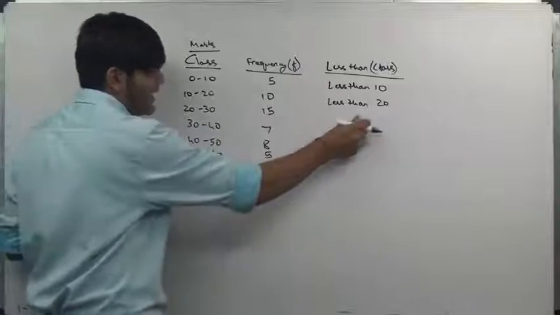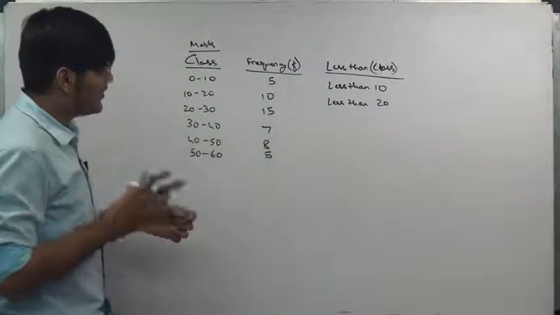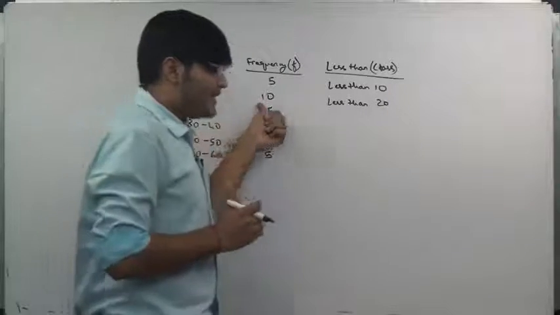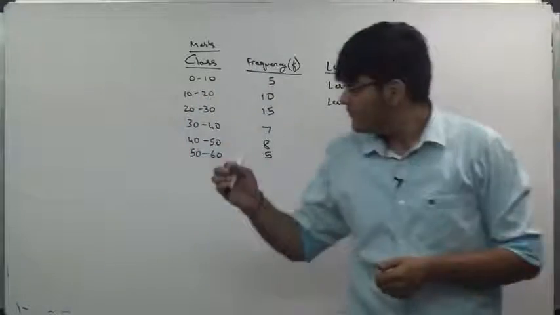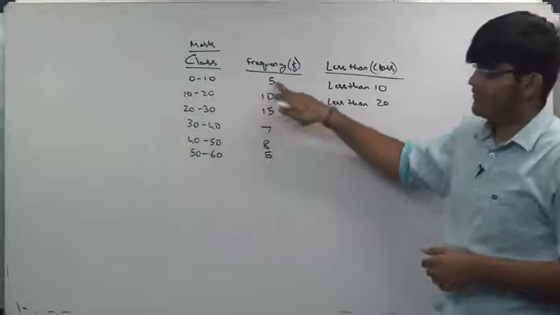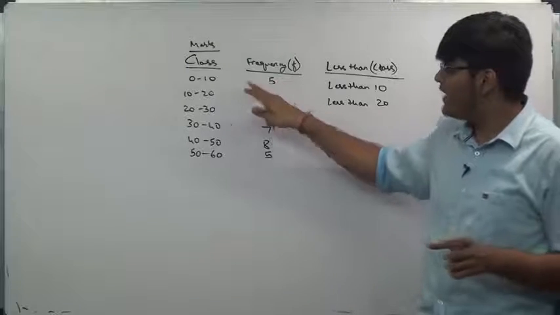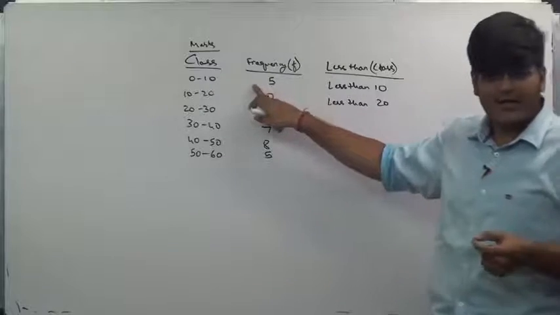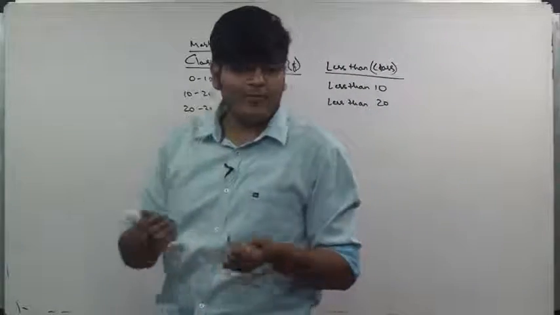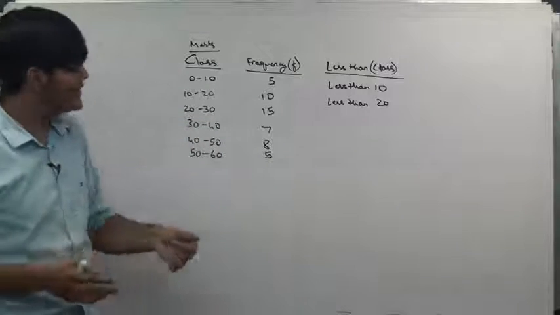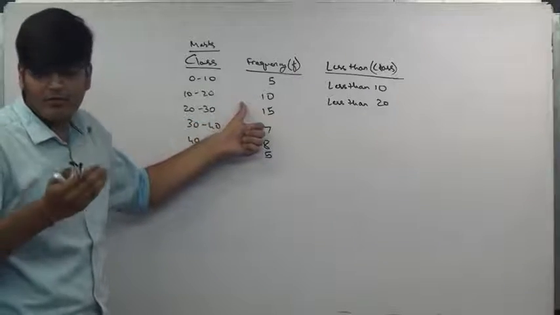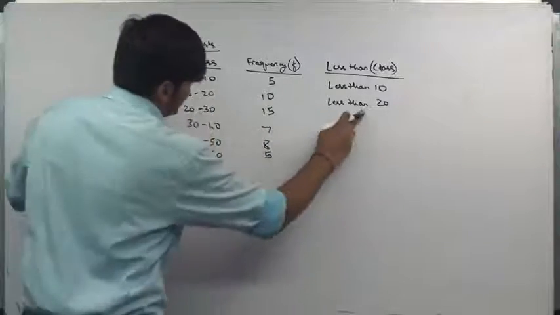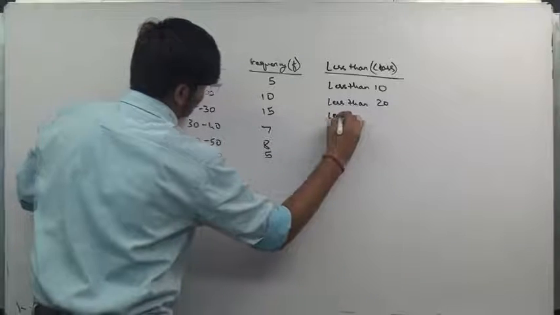Less than 20, whenever we are writing less than 20, it includes this particular frequency also. How? If we say the number of students with marks below 10 is 5, that means the number of pupils who have attained marks from 0 to 10 are 5. But if we say the number of students who have scored below 20, it refers to all the students who have scored even lesser than 10. Clear? Here less than 20, next less than 30,